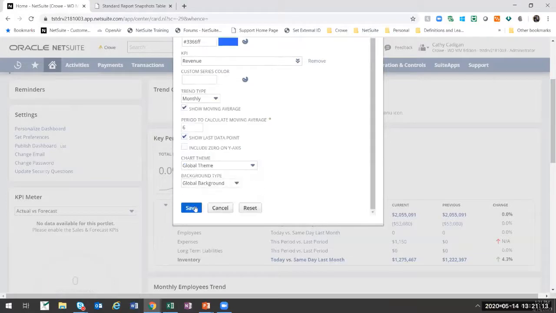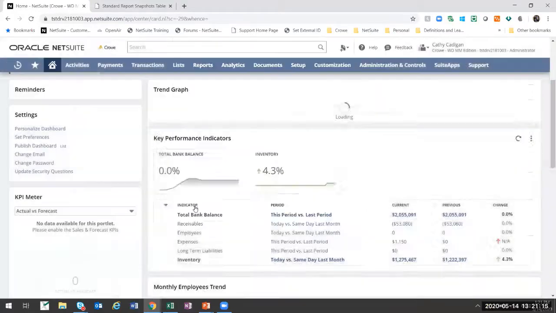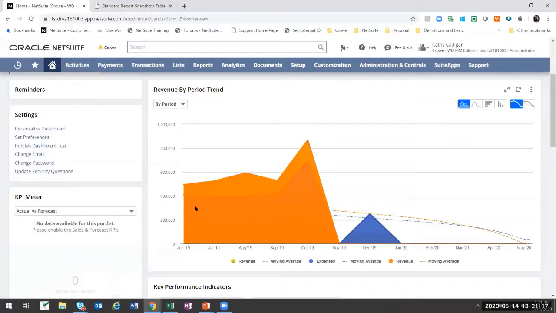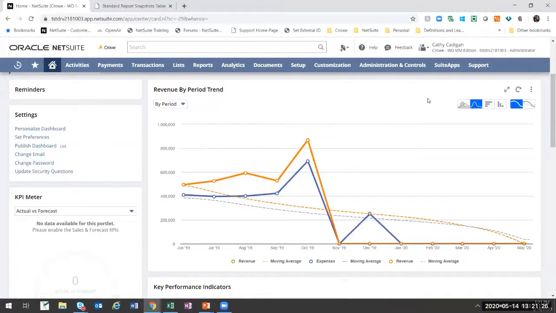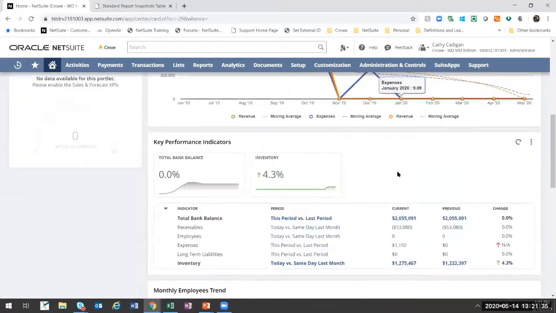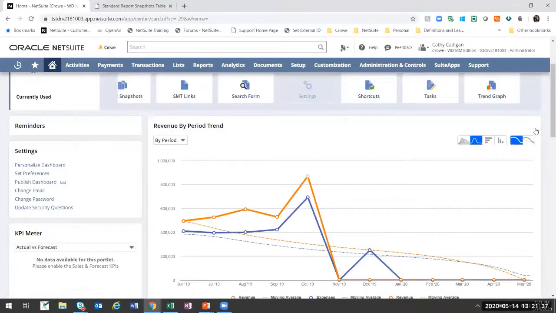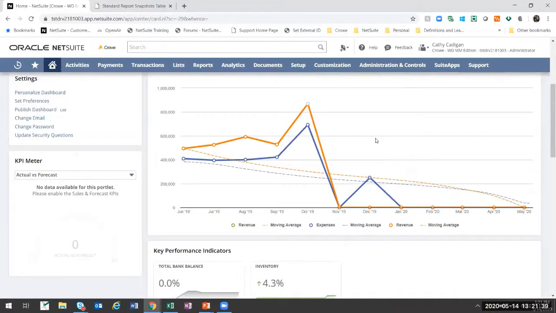Once I select my KPIs, I'm going to see this graph here. It's going to show me that trend graph for those 3 specific values that I defined in this one. So this is very, very cool information. And from here, you can't drill down, sorry, but you can see the values there, and you can then go to specific reports